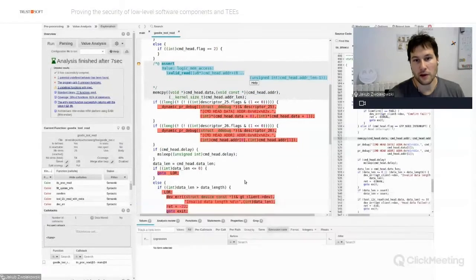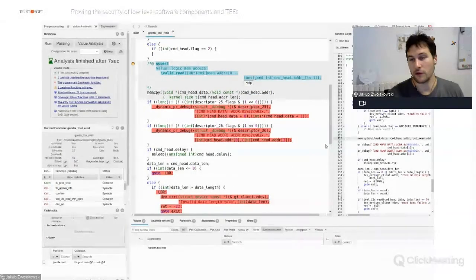This is the interactive version of the source code on the right. So this is equivalent to the source code on the right, but you can explore it, and there is some information added to it that is not in the original source code. For example, all the code marked in red is dead code. So this is the code that was not reached. It's unreachable in this perimeter of analysis here. And this is how the analyzer tells me that there is a problem in the code. I will come back to this place in a few seconds.